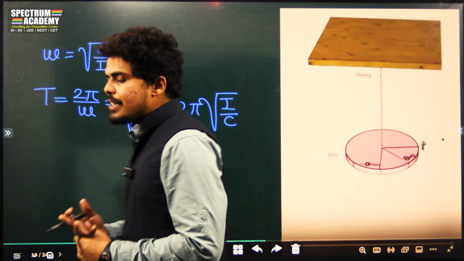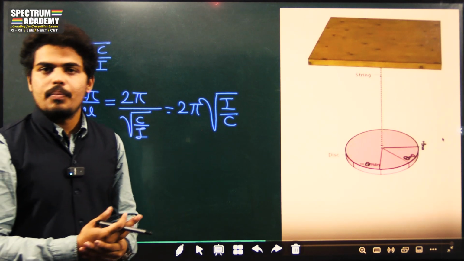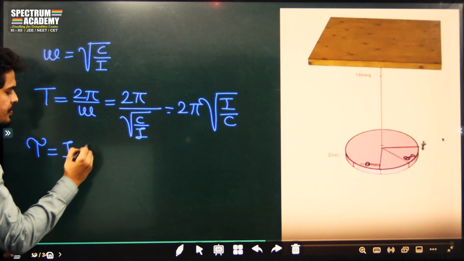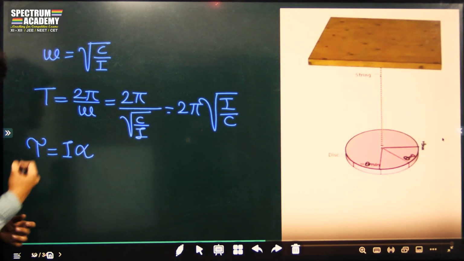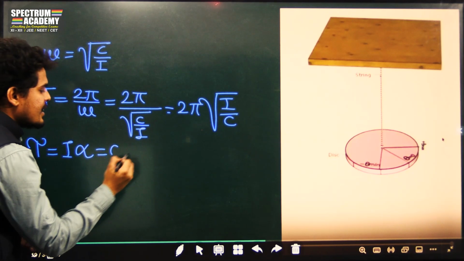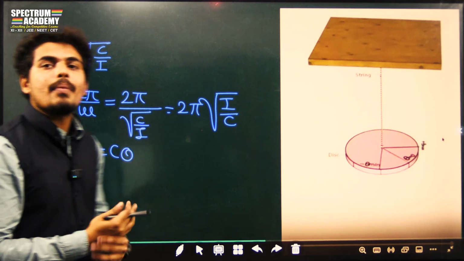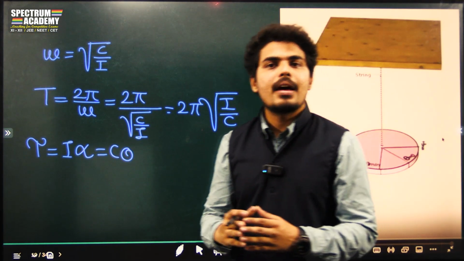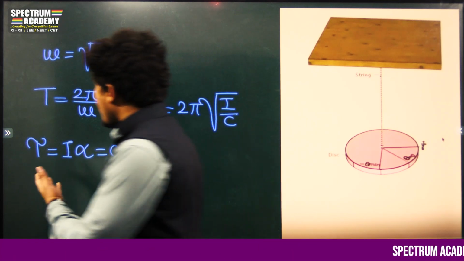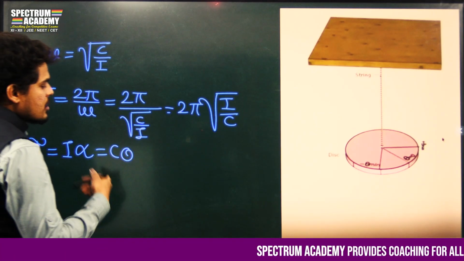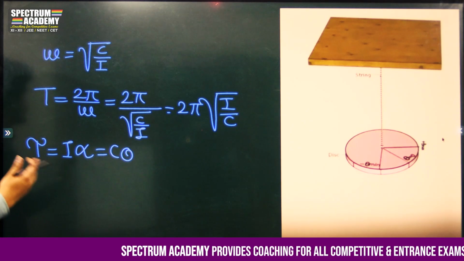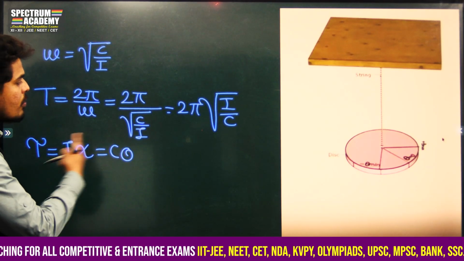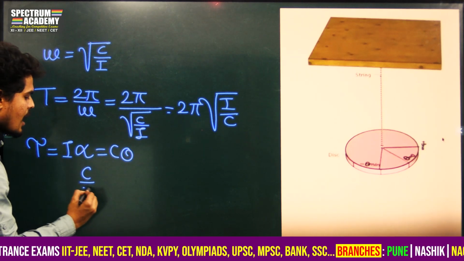Now we can replace C and I in some way, because we know that the torque equals I alpha, but in magnitude equals C theta. If I am not considering the minus sign here, why? Because the minus sign only tells us about the direction. If torque equals I alpha, that means it also equals C theta, because torque is directly proportional to theta. So from this equation we can find C upon